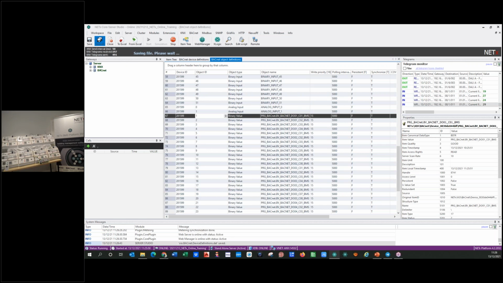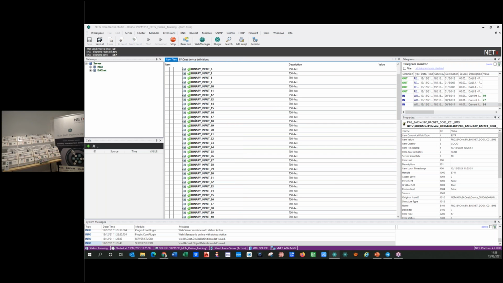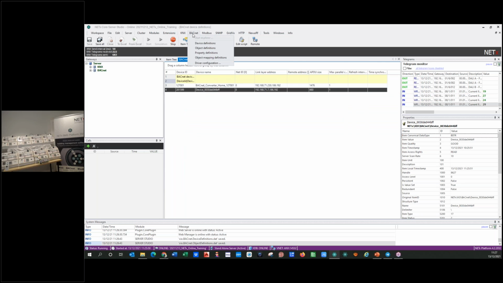I will save, but no, I don't want to change it. Save it, but it's not going to see the result until the next restart. So this is BACnet integration. So we have very interesting my device, my object, and my properties. So let's open again the tables,